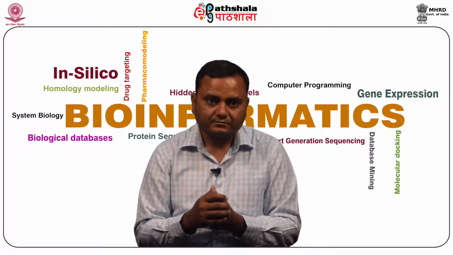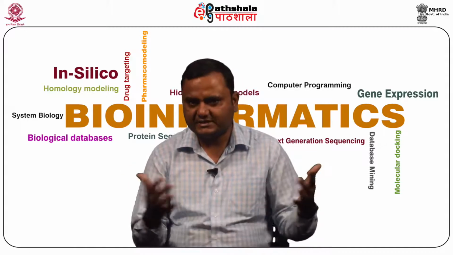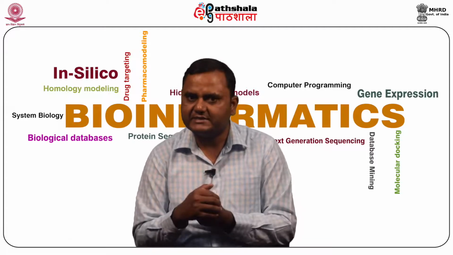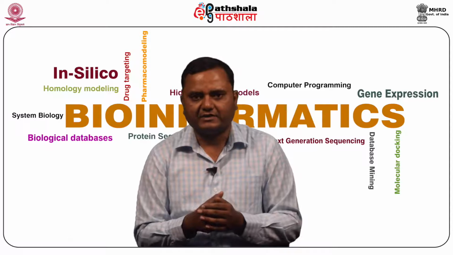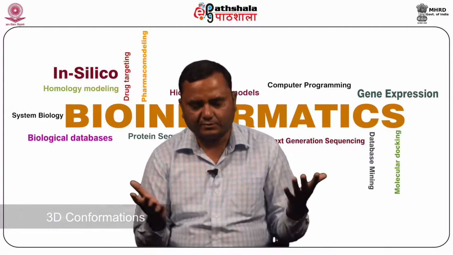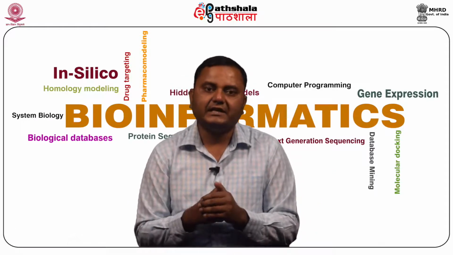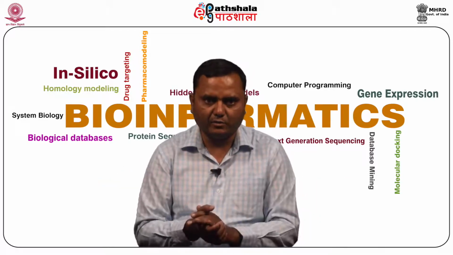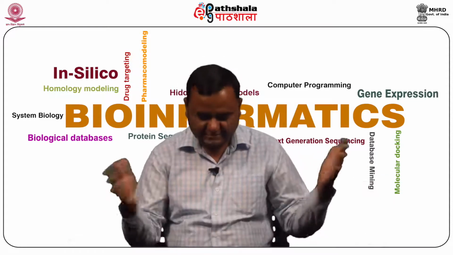Then the database contains a large amount of information. For sequences, it gives the information in terms of nucleotide bases or amino acid residues, so that depends on what you want. Then for structure, the three-dimensional structures of most of the proteins whose structures are determined are available in the Protein Data Bank. Then it will give you an idea about families, that is, which sets of genes are known to be homologs, and similar genes belong to the same family.